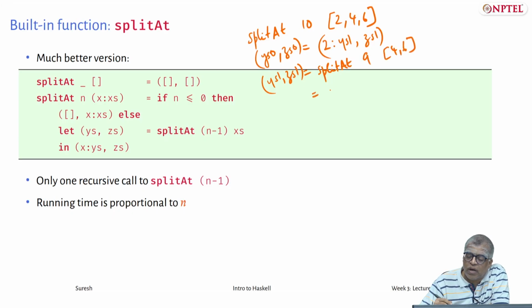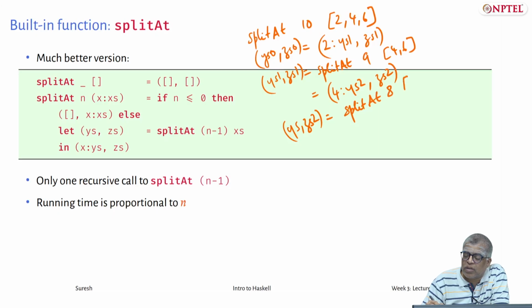But that is nothing but 4 followed by ys2, zs2, where ys2, zs2 is nothing but split at 8 of the singleton list 6, and that should be equal to 6 followed by ys3, zs3, where ys3, zs3